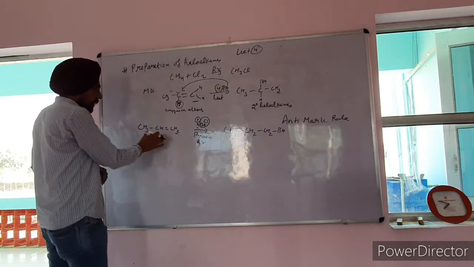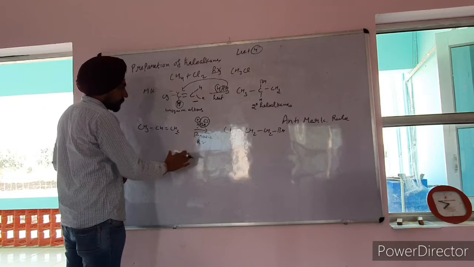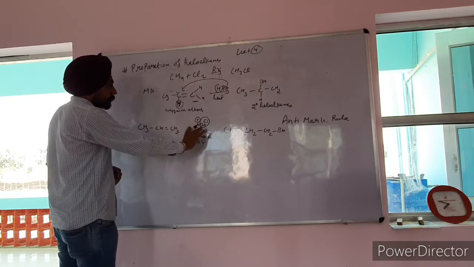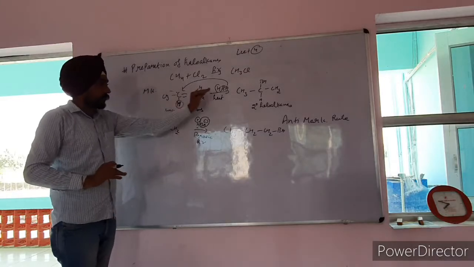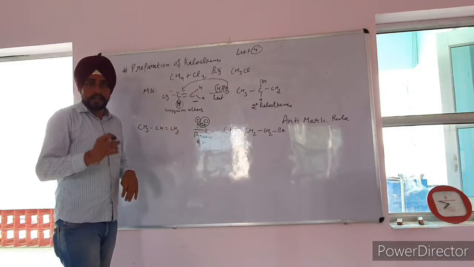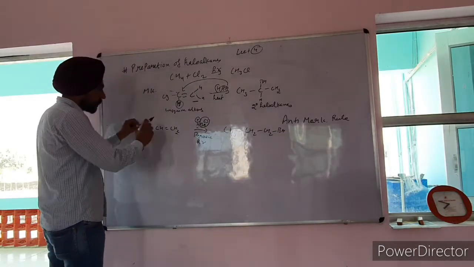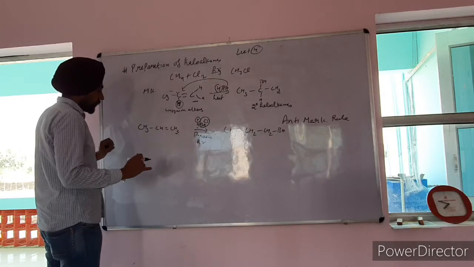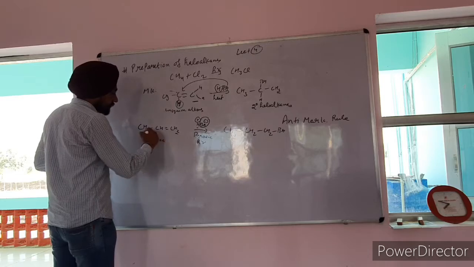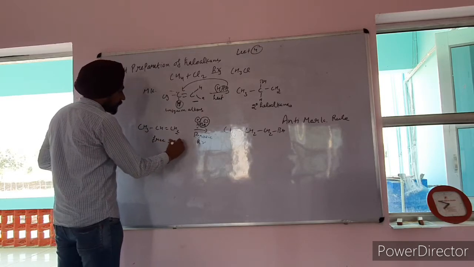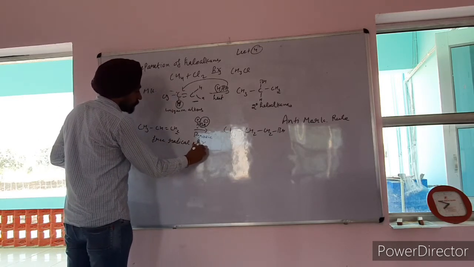Okay, in this type of reaction where peroxide is present, it does not go through the carbocation, or we can say the Markovnikov rule. इसका कारण क्या है? इसका कारण है ये Markovnikov rule के थ्रू नहीं जाता है. क्यों नहीं जाता है? क्योंकि ये फ्री रेडिकल मैकेनिज्म के थ्रू जाता है. Because it goes through the free radical mechanism. Okay,